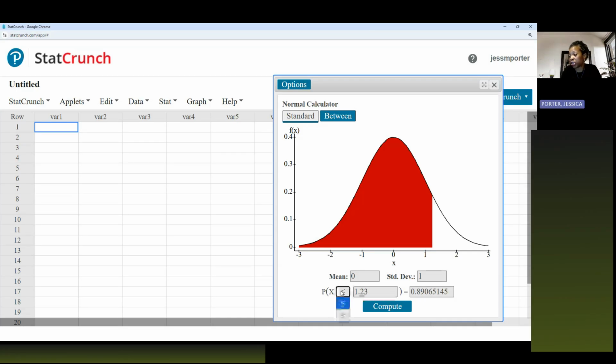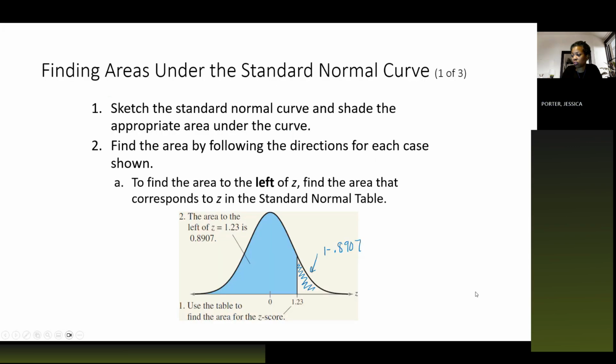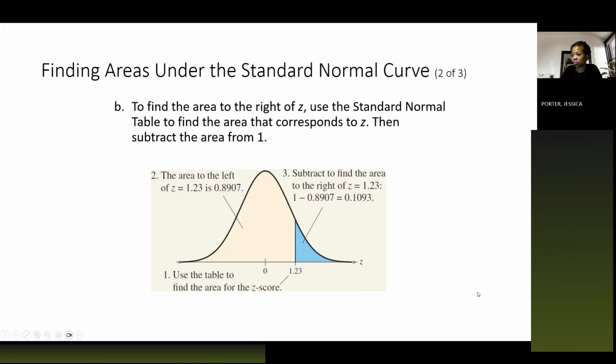And then 1 minus 0.8907 is going to be 0.1093. All right. And this is just what I was explaining earlier. To find areas to the right of z, you have to do 1 minus the area that's given in the table. But in StatCrunch, you can